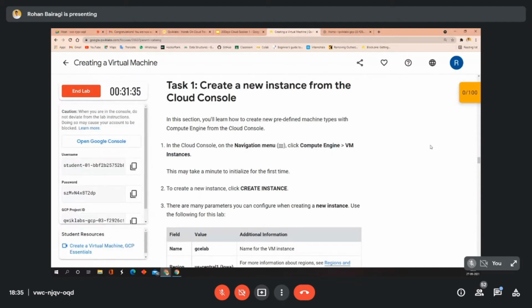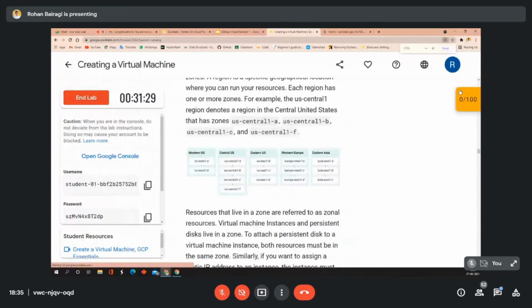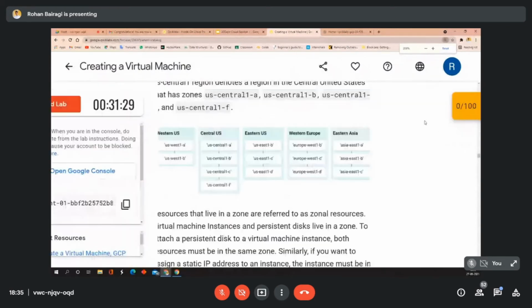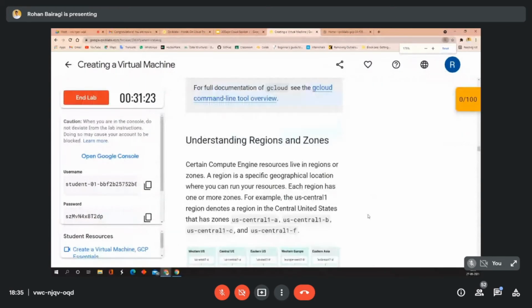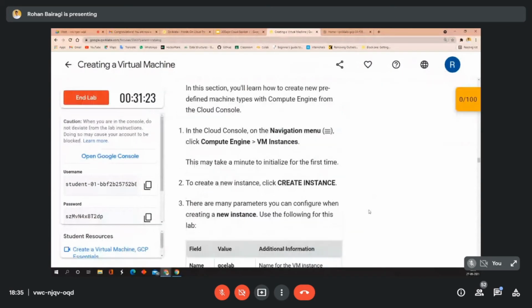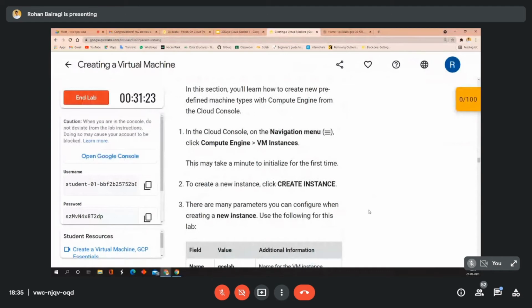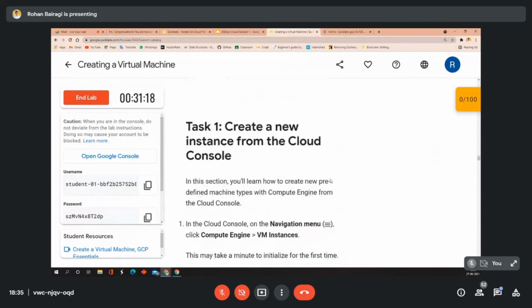I haven't done any task yet, so my score is 0, as you can see here. After completing the task, I will get my marks, and you need to get 100 marks for completing the labs. So coming to the task,